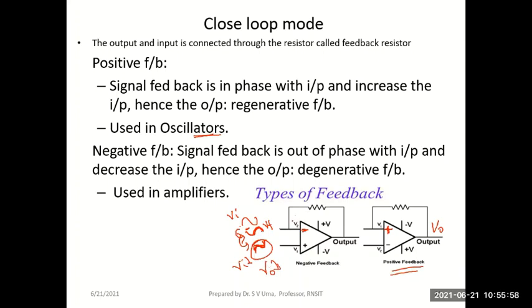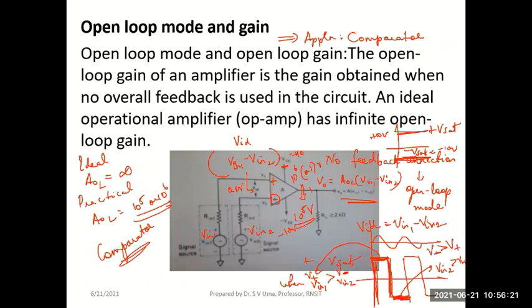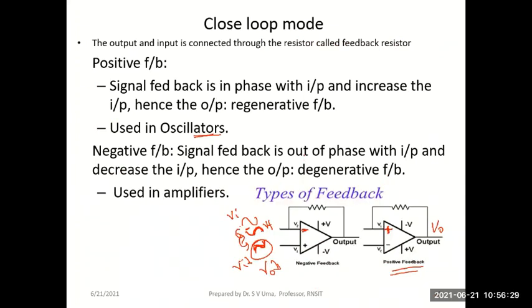But if I have to design and work with op-amps as amplifiers, I have to compulsorily use negative feedback in my circuits. If I don't have negative feedback in an amplifier, the op-amp cannot be used as an amplifier, but it will be used as a comparator, like what I showed you here. If you want to use the op-amp in open loop mode without any feedback, you should be using it as a comparator. It will only help compare the two input signals. But if you want the op-amp to amplify,